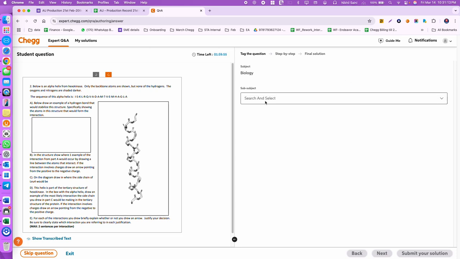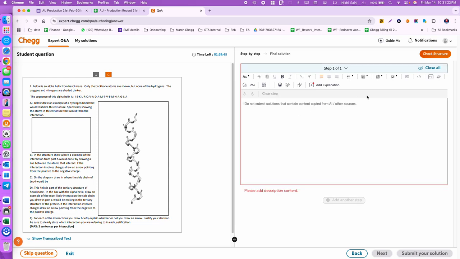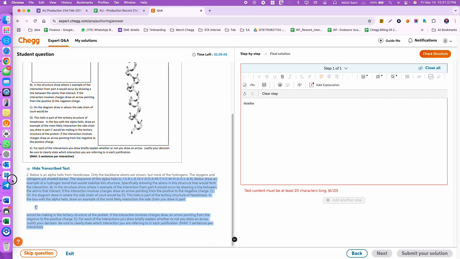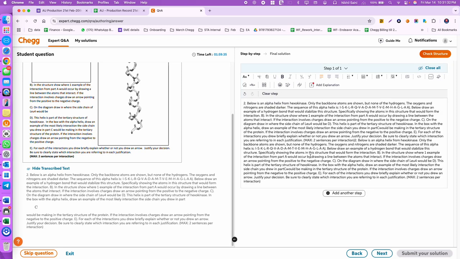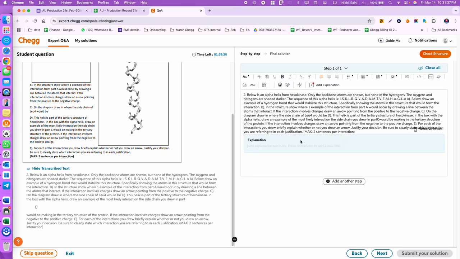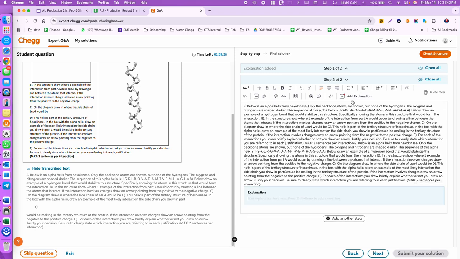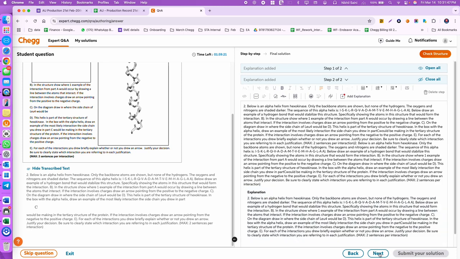Okay, so make sure whenever you are solving any question in your IDs, you follow the proper structure. Step one, you need to write, then the explanation section, and let's say I'm just writing here. As you are doing your first question, once you are done writing your step one, then you will add the explanation section from here. Then step two you will write, and then add here the explanation section. Then once you are done, click on next,